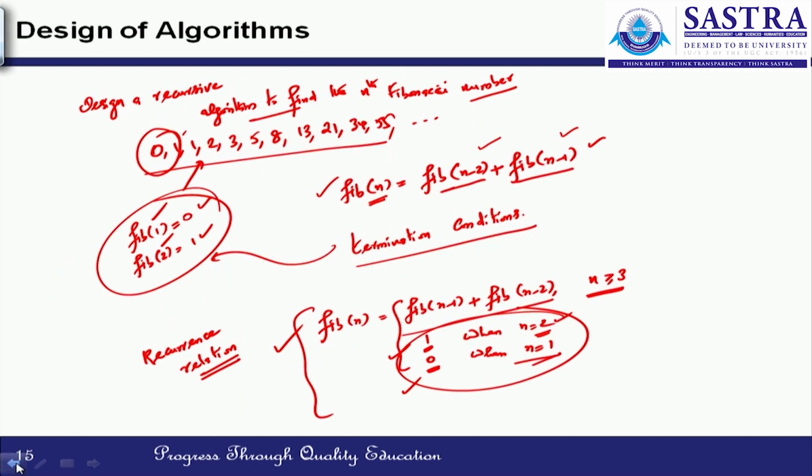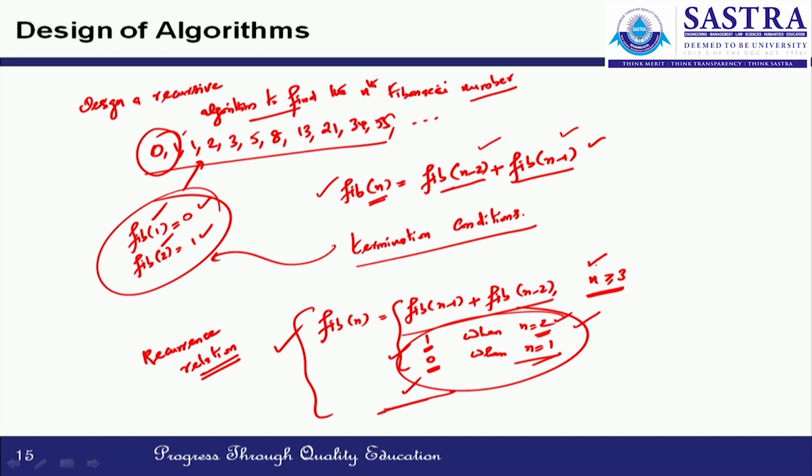Proper termination conditions are satisfied. This recurrence takes more than one termination condition. In general, a recurrence relation may take more than one termination condition. In factorial, we have only one termination condition. When n is equal to 0, 0 factorial, the value to be returned is 1. Here we have two termination conditions, fib of 1 and fib of 2, and